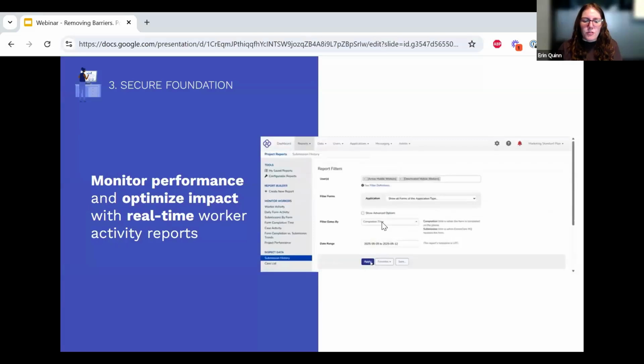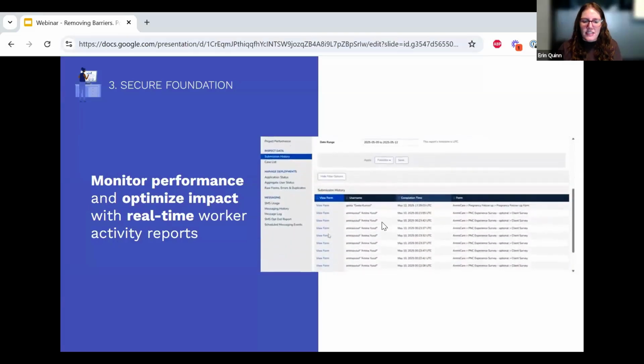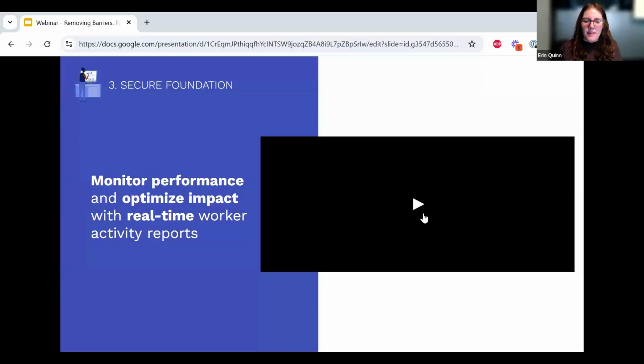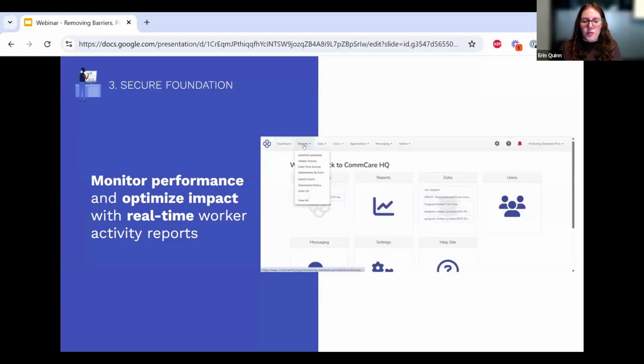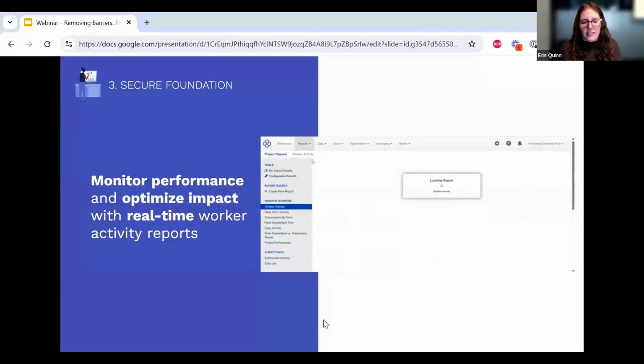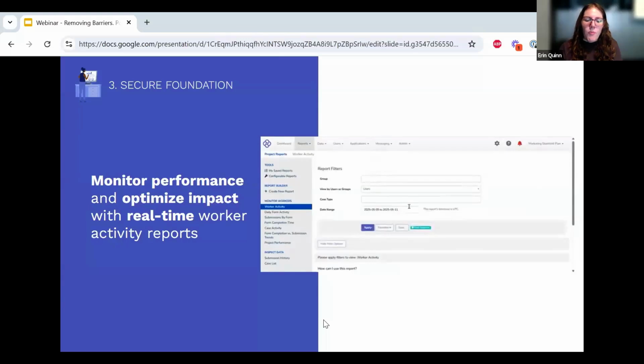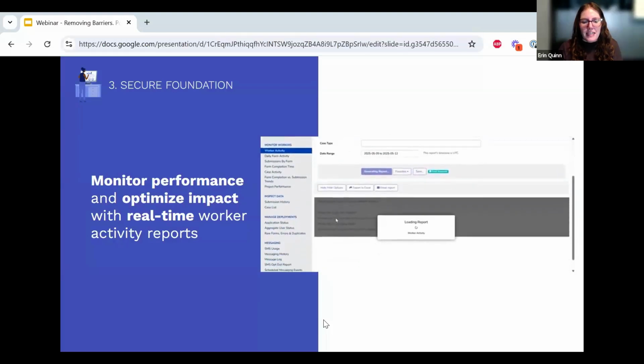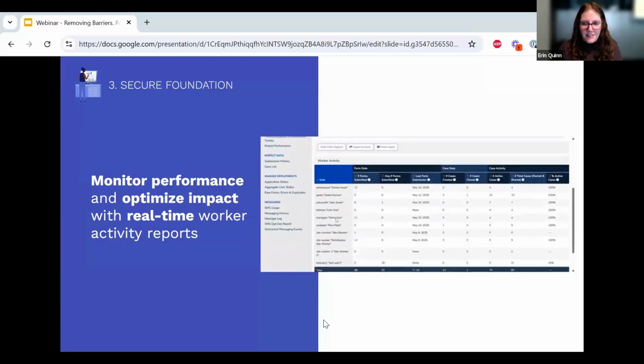This visibility is crucial for making data-driven decisions and improving operational efficiency, all while ensuring accountability within the team. It's a great way for you to be able to spot problems early and make sure that you can address them with your team. Whether you're managing a small team or scaling operations across regions, worker activity reports can help optimize performance and keep your program on track.